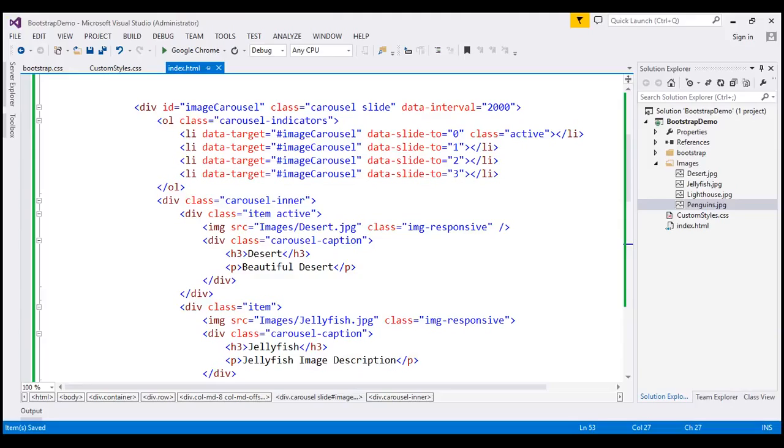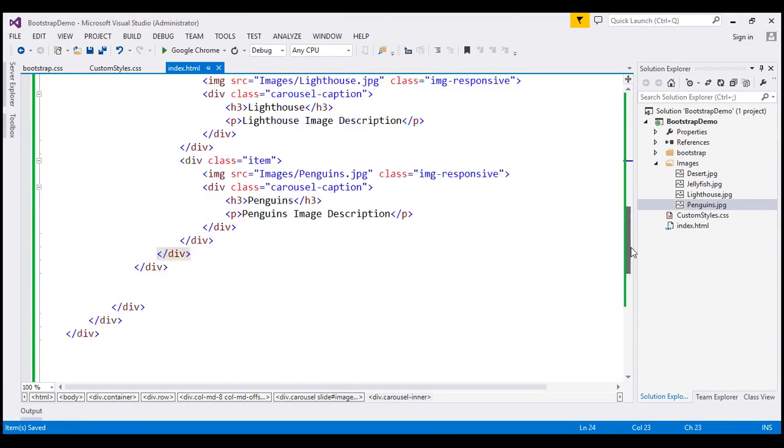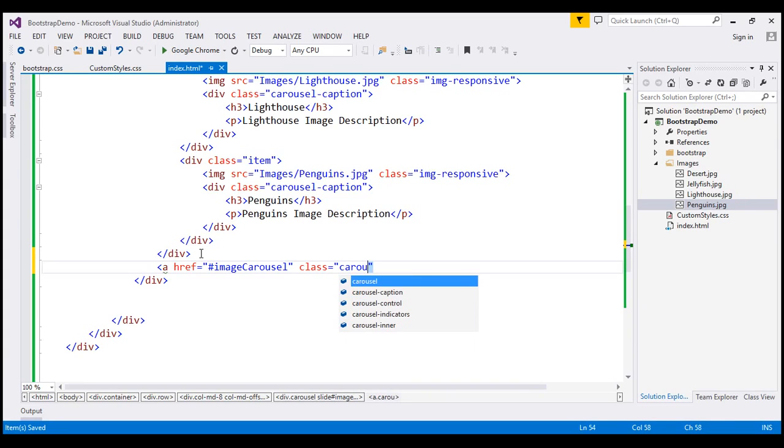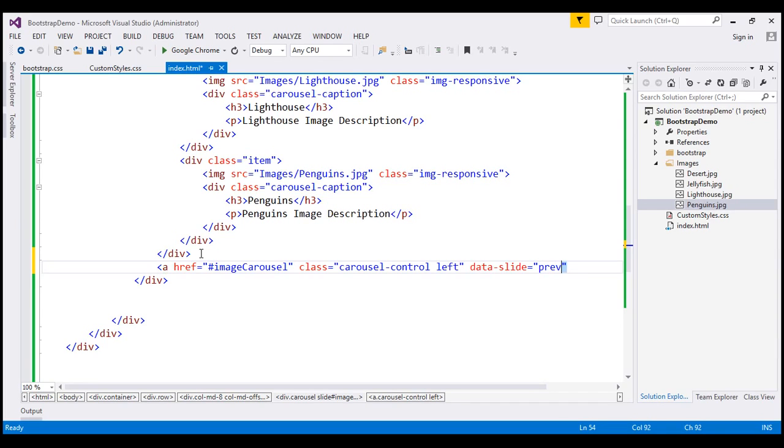To get these carousel control buttons, I'm going to scroll down, and just after this carousel inner div, I'm going to use an anchor element, set its href attribute pointing to the ID of our carousel, which is image carousel, and the class on this is going to be carousel control. Since we want the button on the left hand side, I'm also going to use the left class. And I'm going to use data-slide attribute. When we click on the button on the left hand side, we want the carousel to go to the previous slide. So the value for this is going to be prev, standing for previous,